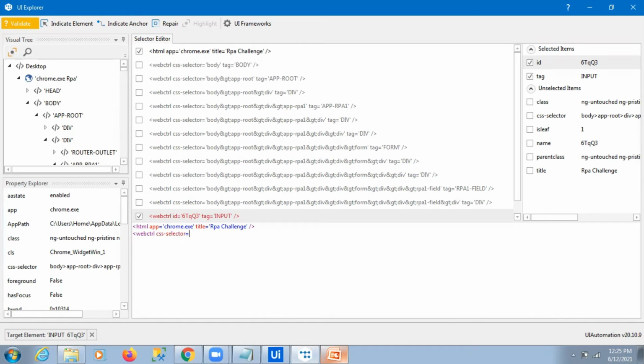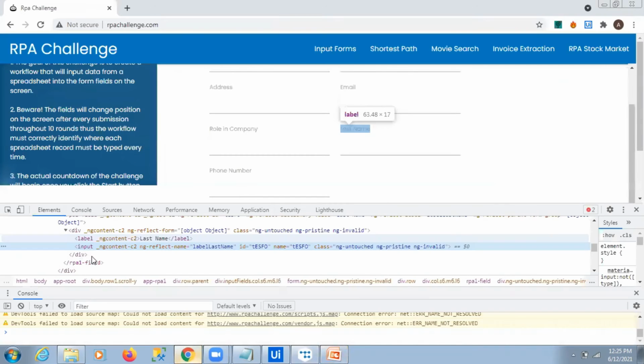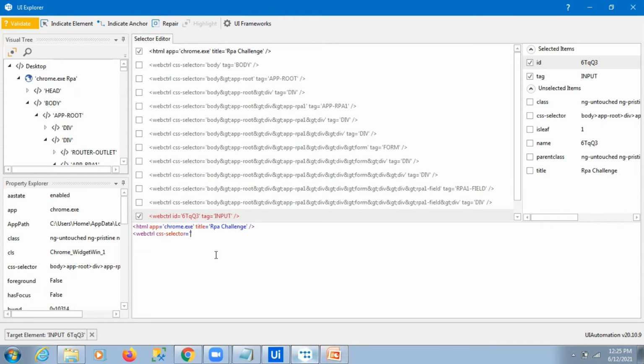Then I type equals, put single quotes, and write input, then the bracket, and pass that CSS selector. Then I close it.